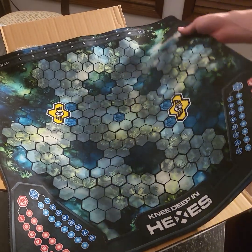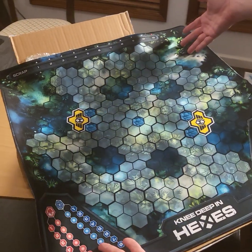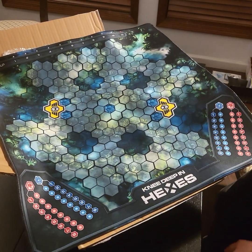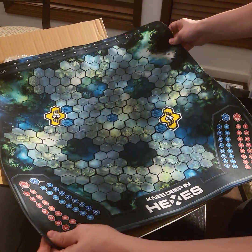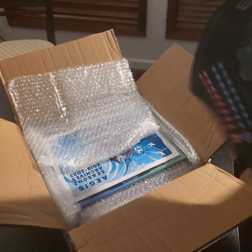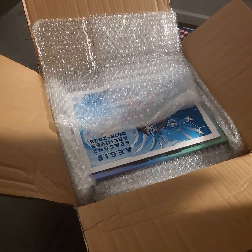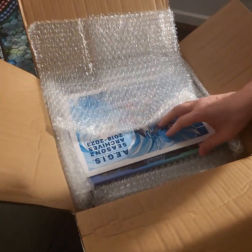Well, this is certainly a mat that we now own, and the colors are very good. I actually kind of wish ours looked like this. How interesting. Okay. But yeah, our 6-player mat will be different. And next, what do we got? We have